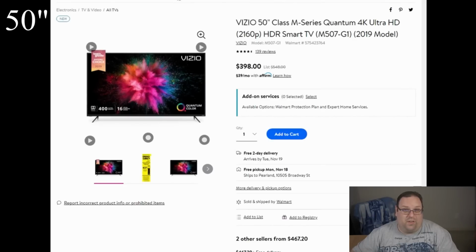The last in the 50-inch category that I'm going to be sharing with you guys is the M series Quantum. This is Quantum Dot technology for $398. This is awesome. I've personally looked at these Quantum TVs. The M series is a really good series of TV from Vizio. Really solid,